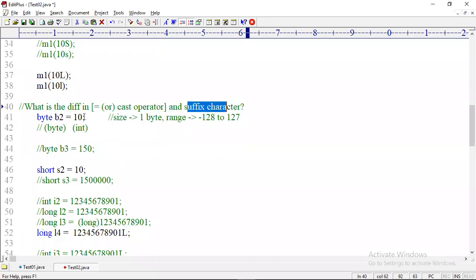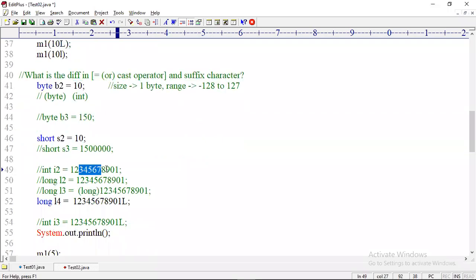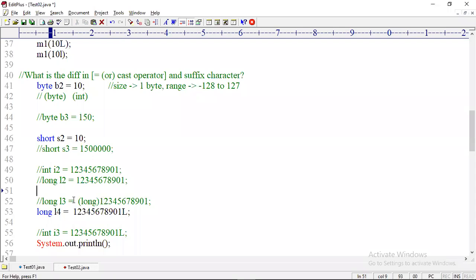Very simple. Assign 10 to byte. 10 is in the range of it. Assign a large number to int, the compiler throws an error. Assign a large number to long, the compiler throws an error. It is throwing the error not because of the assignment, but because the number is too large, not in the range of int. If you use the cast operator or assignment operator also, it throws an error, because they are not meant to represent this number as a long. They are just converting an integer number to long, but it is not in the range of int.